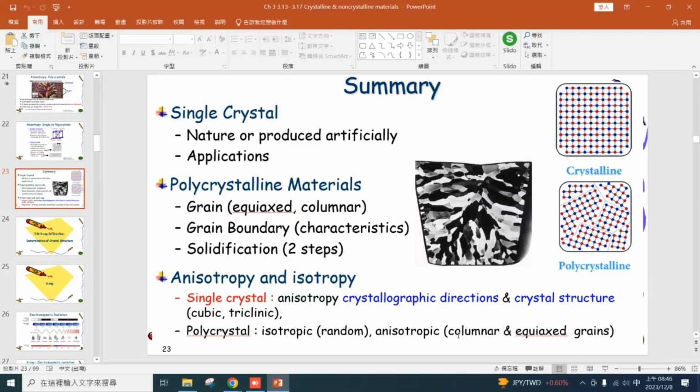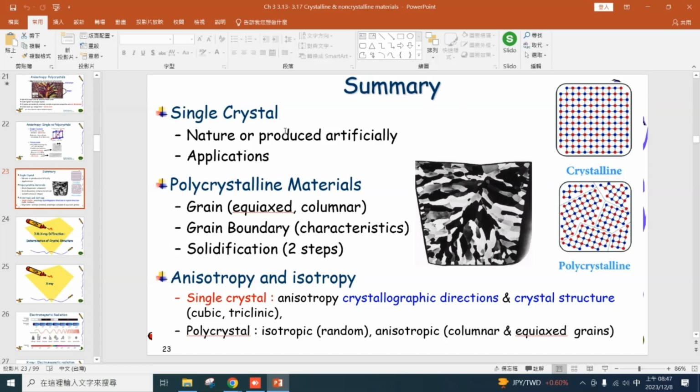Welcome to the lecture of the material science. So today we are going to talk about X-ray. But before we talk about the X-ray, let's have a quick recall about what we have learned in the last lecture. Last lecture,